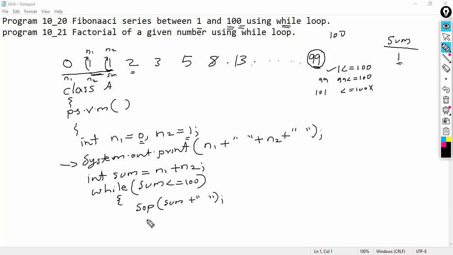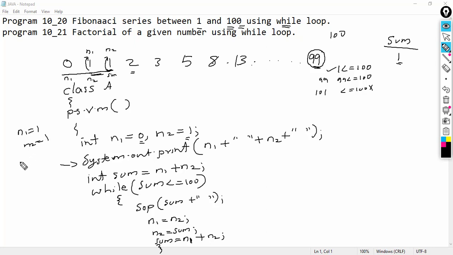So how can we write the statement? First we change n1 equal to n2, then n2 equal to sum. Then in the loop we need to write the statement to find the next number, sum equal to n1 plus n2. This is how we can find the next number. If you notice, the value of n1 has changed to 1 and the value of n2 is also 1.